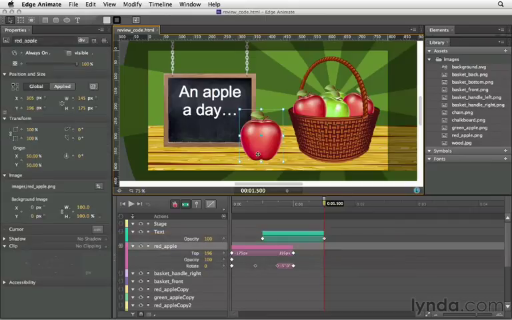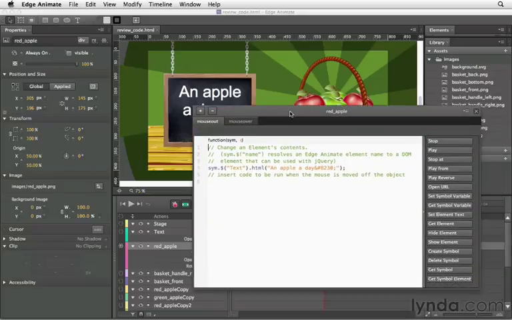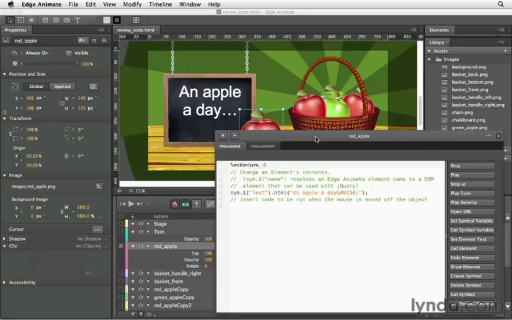To get to the actions, let's come over and select the apple on the stage. Right click and come down to Open Actions for Red Apple. In this code window here, this is a code window that only has access to the individual elements assigned to the object on the stage. So we can see the 2 events here, mouse out and mouse over. Now I can't get access to anything else in the project, but I can get access to just that element